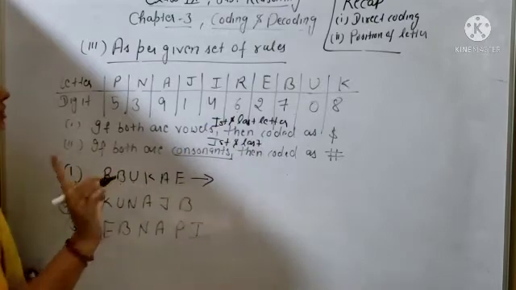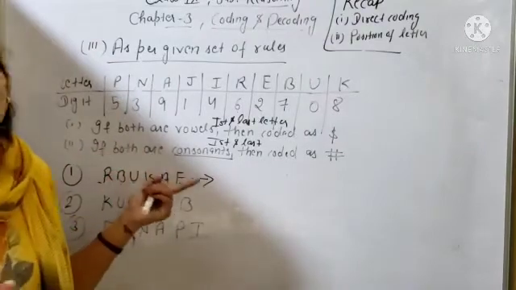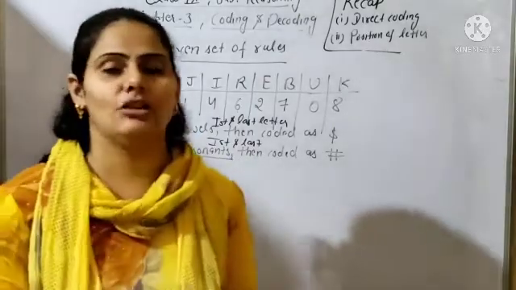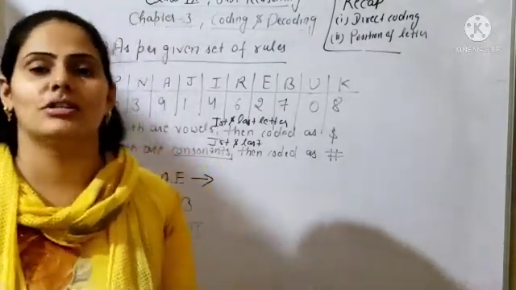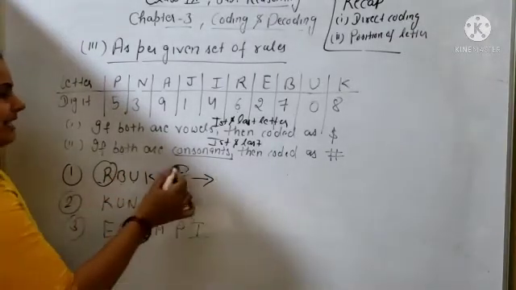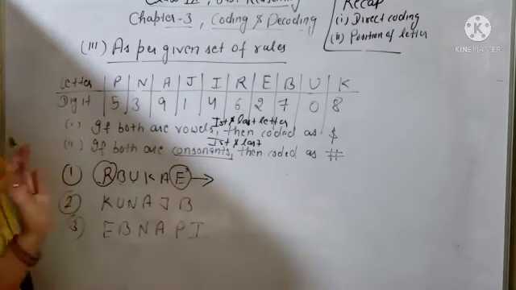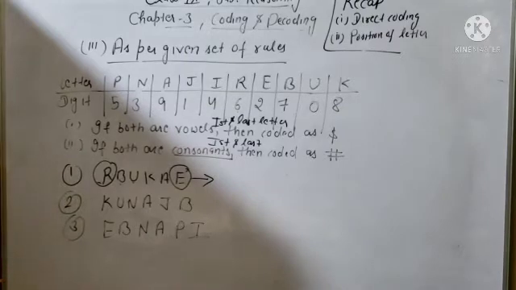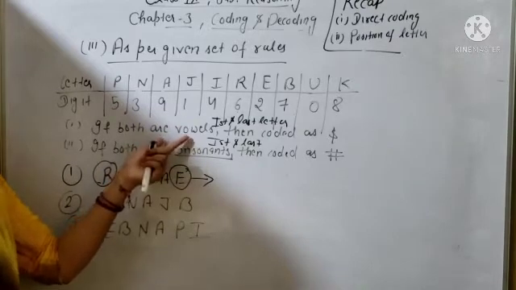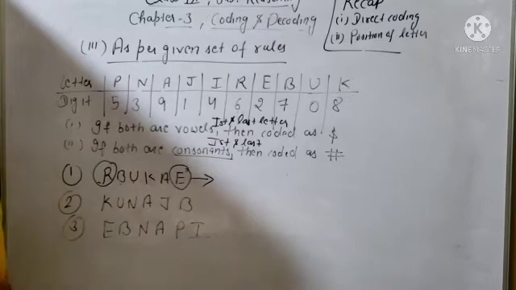At the place of the first, you will check the first and last letter, because in the question they are giving some conditions. And what are the conditions? If both the first and last letters are vowels, then you will code as dollar, and if both are consonants, then you will code as H. But here you can see, beta, this one is the first letter and this one is the last letter. The first letter is a consonant and the last letter is a vowel. It means you will not apply any rule here, because the rule says both first and last should be vowels or both consonants, but here one vowel and one consonant is given, so you will not apply any rule.